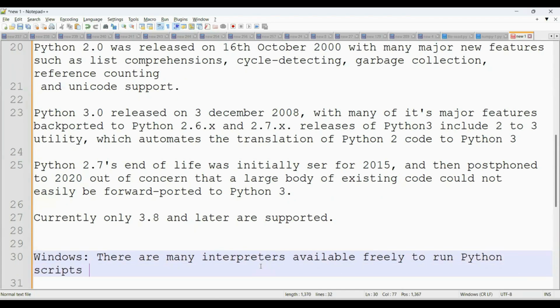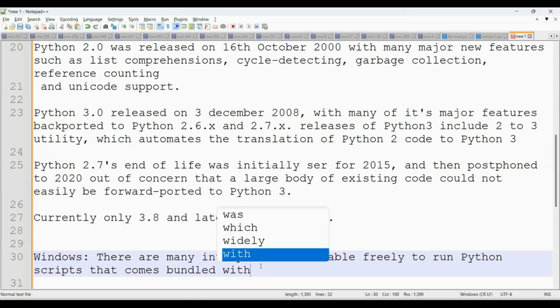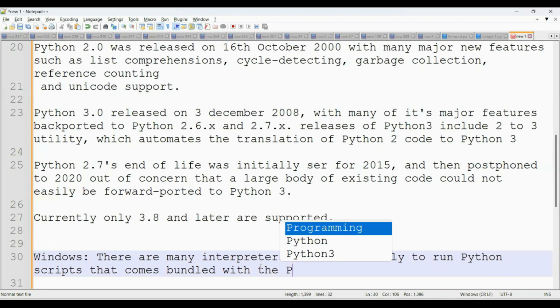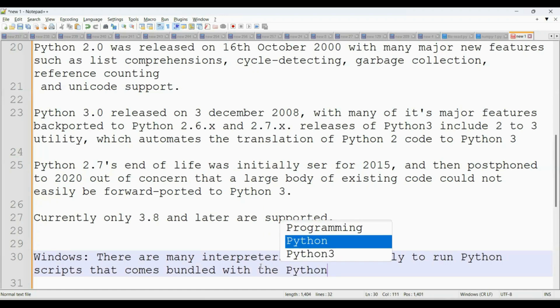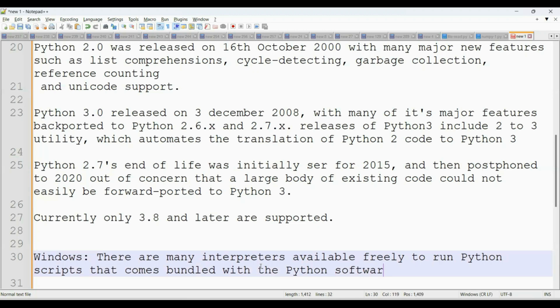What do you mean by Python scripts? We'll be learning in the upcoming sessions. That comes bundled with the Python software downloaded